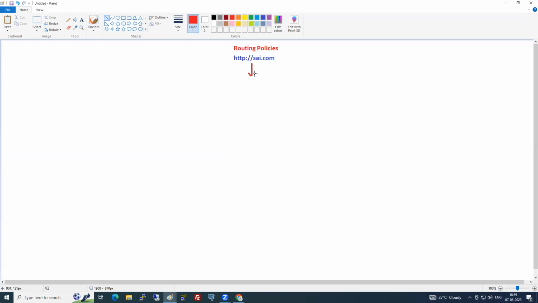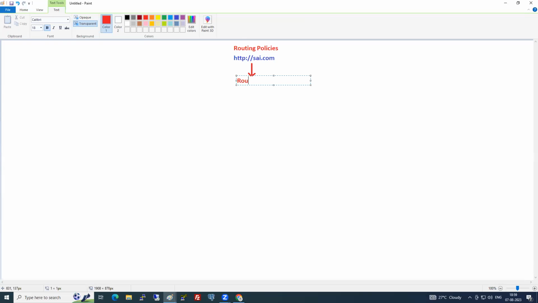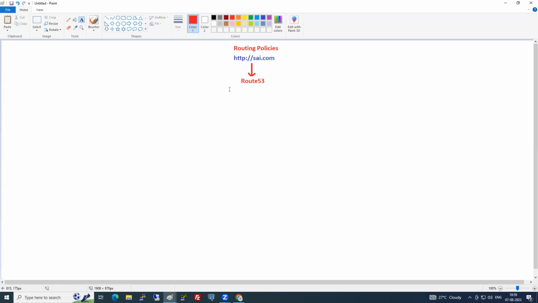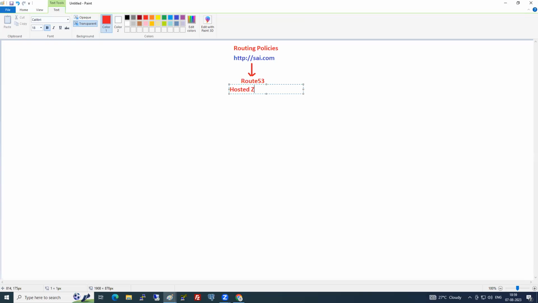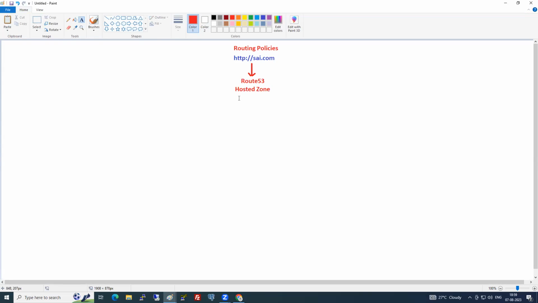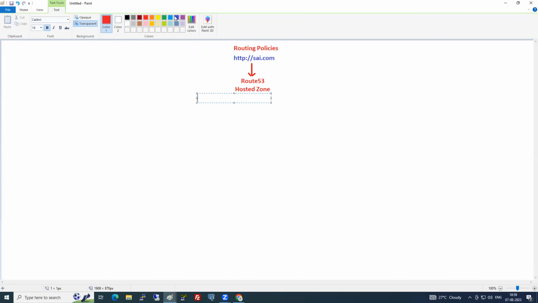First, the request will go to Route 53, and from Route 53 to the hosted zone. From the hosted zone, it goes to the record. So what is the record that it has? Sai.com is going to the ELB DNS name, correct?